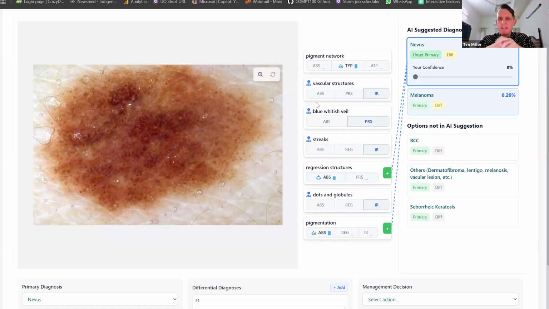So we're about to run this study, but we did a much more basic study earlier in dermatology. It was a very small cohort, and it didn't make a great deal of difference to the decisions they were making, but they felt a lot more in control. The agency was stronger. They felt it was a lot better for helping them develop the necessary skills or not erode the skills, and that it was a much nicer interaction.